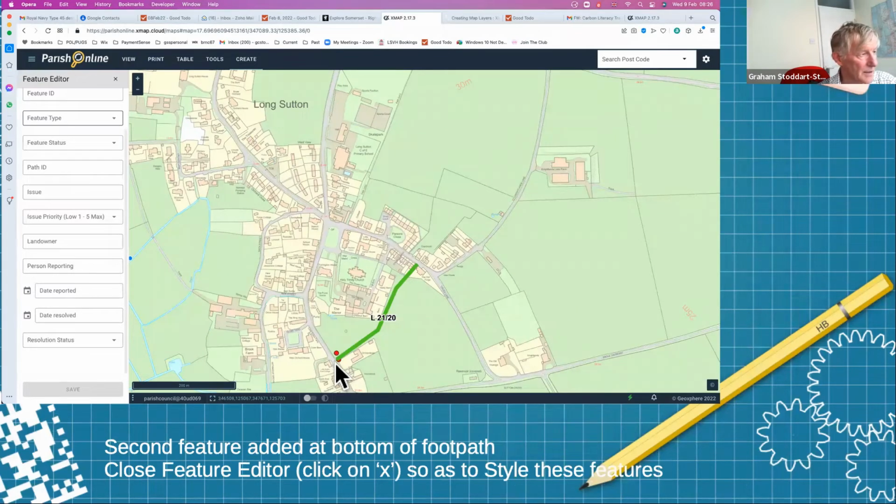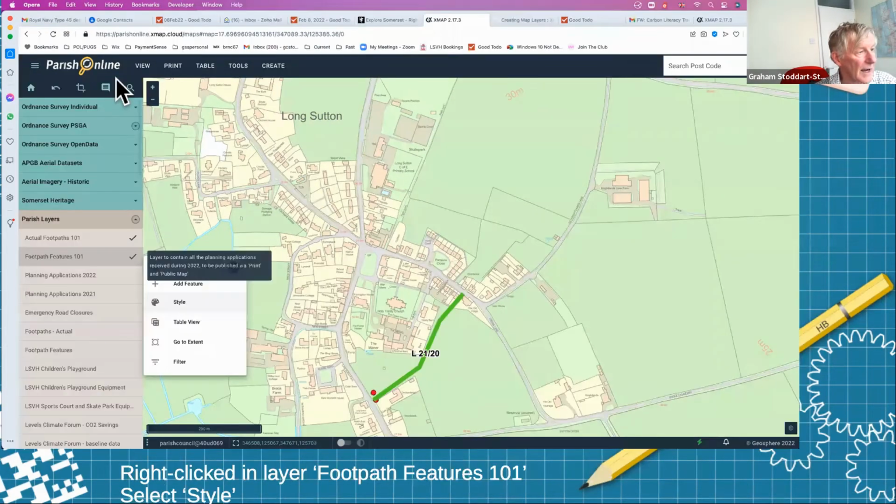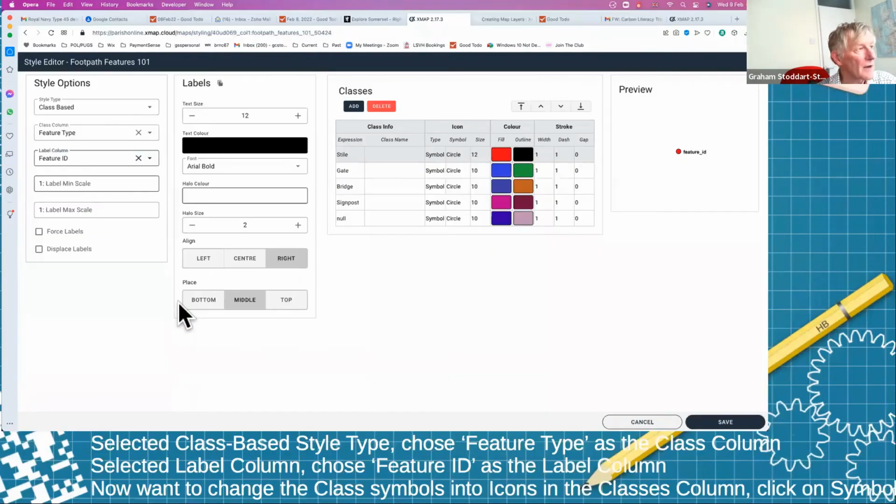And the system again has said, I'm now ready for another feature. And we're going to say, okay, we've done these so far. Let's click on X. And let's go back to right click on the features layer, and we'll style it. So same old same screen, but you'll notice that I've already changed this for you. We're going to change this to class-based. The column will be based on status, which we'll get to in a second. And you can see that the values here are already set up for you. So I'm going to click on